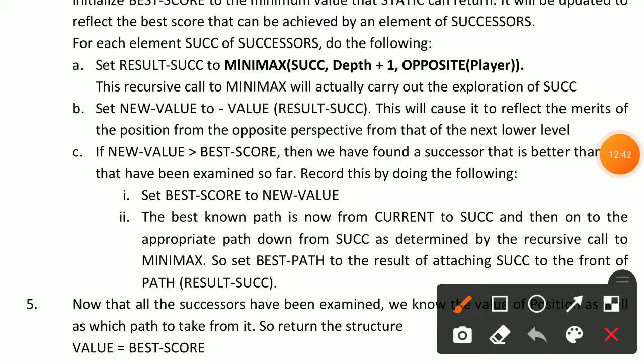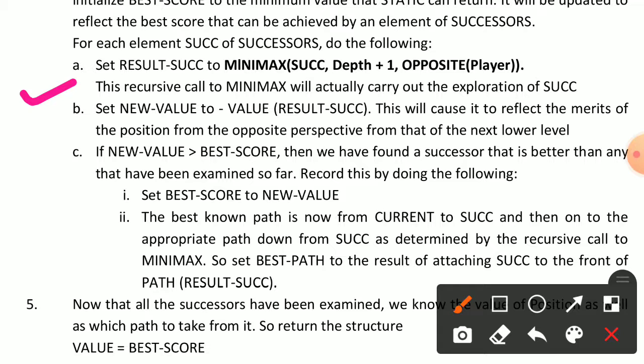So this is our fourth step and condition A. Now this recursive call to Minimax will actually carry out the exploration of successor. Here we can find out the Minimax, actually use the Minimax and then explore the successor.